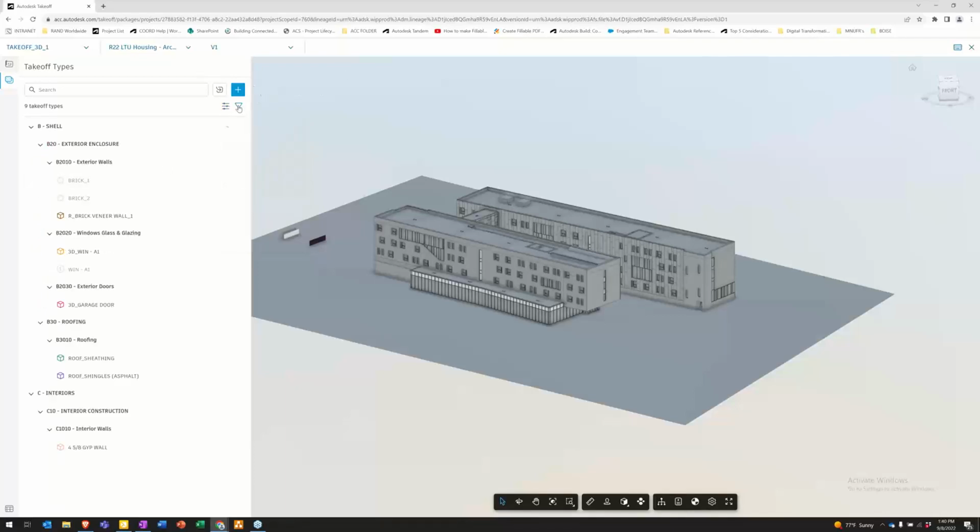So we come in and we can choose to filter. If we don't want to see all of these various types of takeoffs, we can filter by type. We don't have to see everything, because this list will ultimately get incredibly long. So as far as picking and viewing and whatnot,